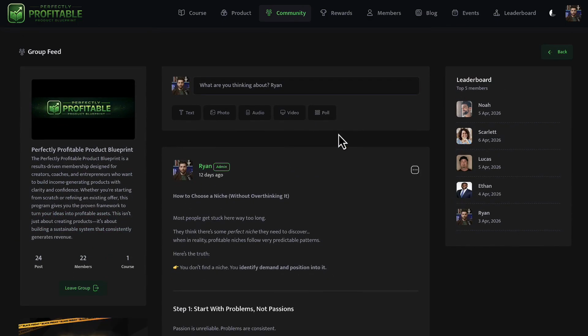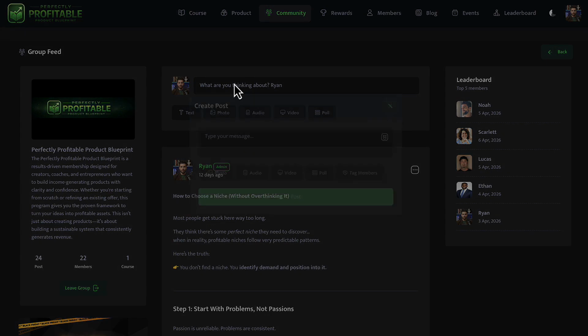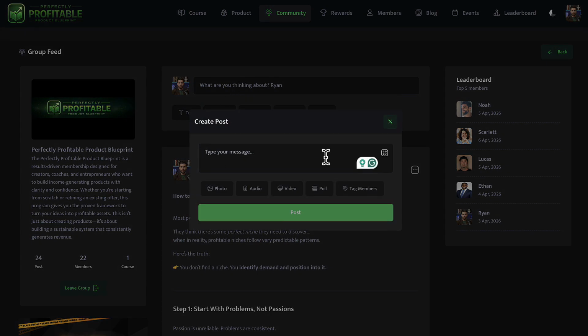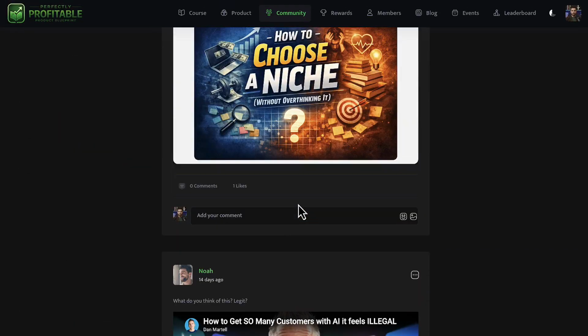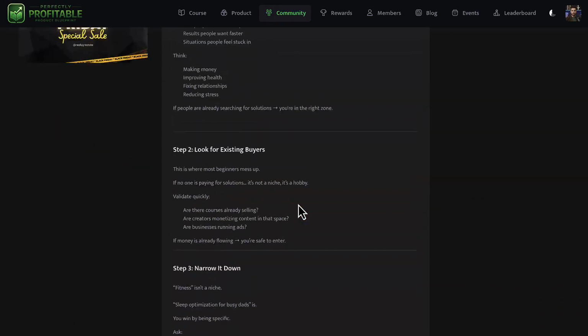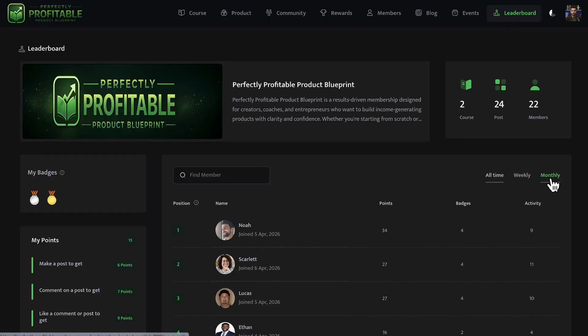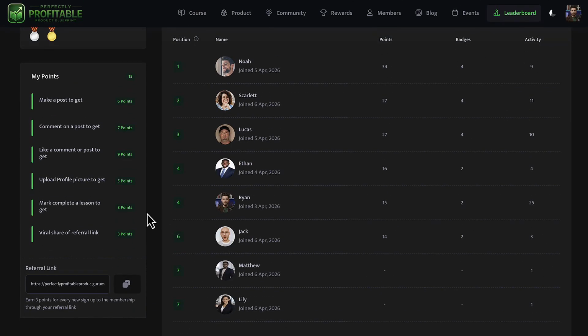But if I wasn't logged in, you would have to enter your email, and then that allows you to generate free leads that you can then sell your courses and remarket them to. So the community will act, just like Reddit, for example, where you can type messages with photos, videos, respond and like different comments. Now we have a leaderboard here where it has different leaderboard times, and there's gamification settings, which